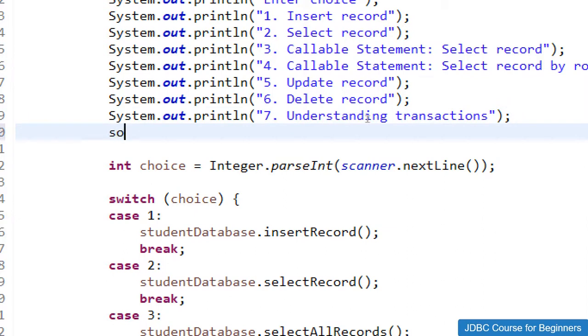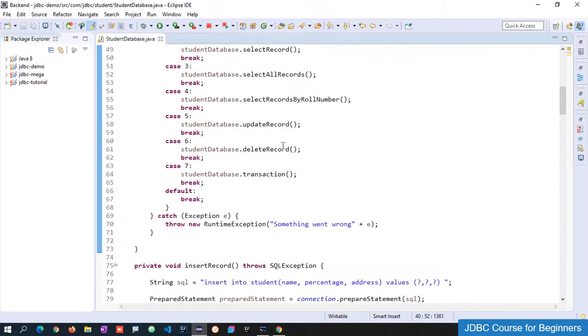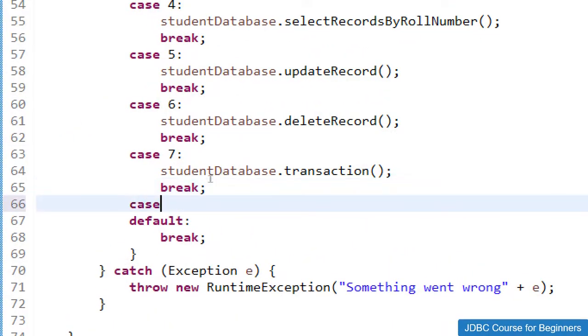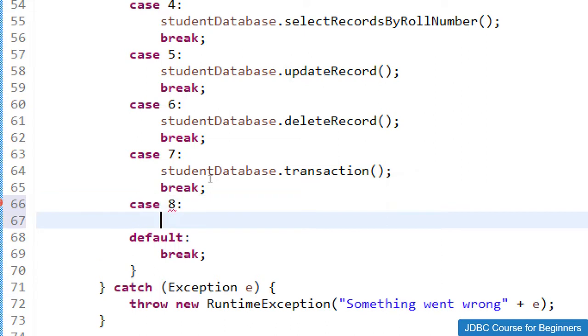Over here, let me add one more option, option 8, which is called batch processing. As we have added option 8, we just need to add the case as well. So let me use case 8, and again we just need to use break.